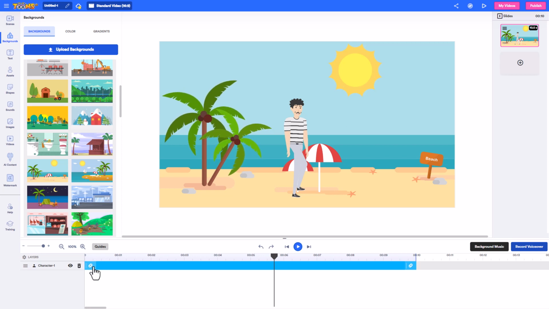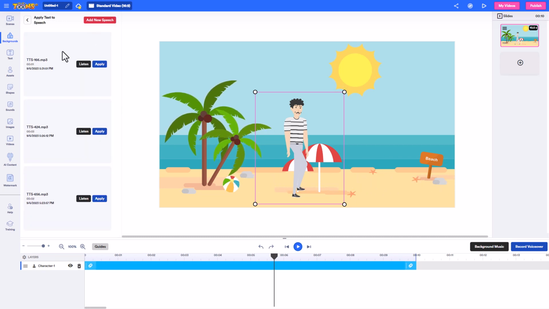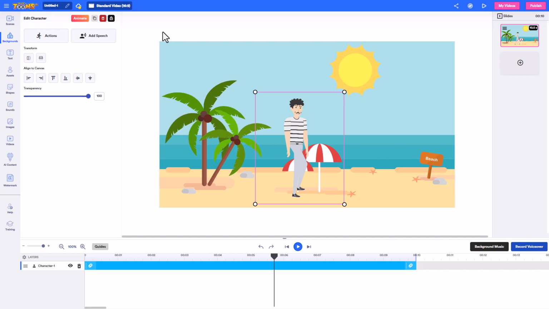I can change when that comes in, but I can't change the length of the transition. That seems fixed. If I want to add speech, I can add some of the pre-made speech I've already made, or I can create a new speech. I'm not going to do anything there, but I am going to publish this video.